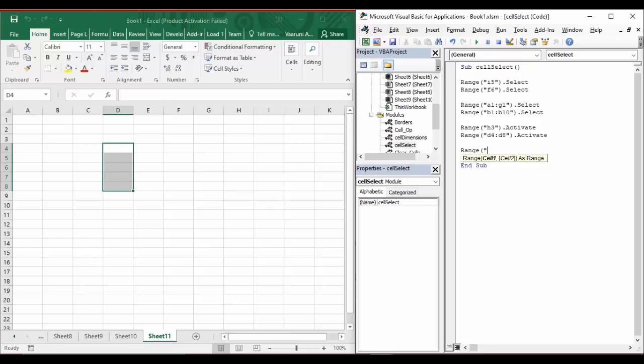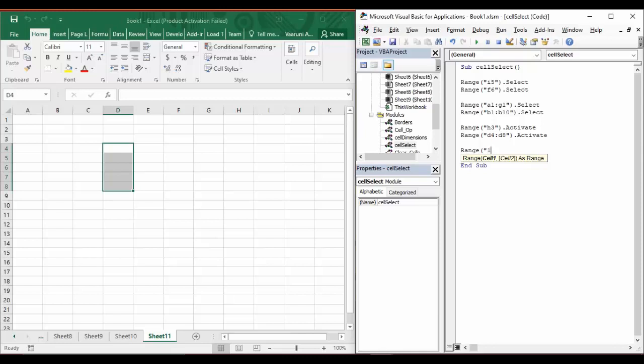How can you go about it? For A, the number goes as 1, for B, the number goes as 2, and so on. Using that, you can also provide the ranges with a kind of criteria for it. So let's see.